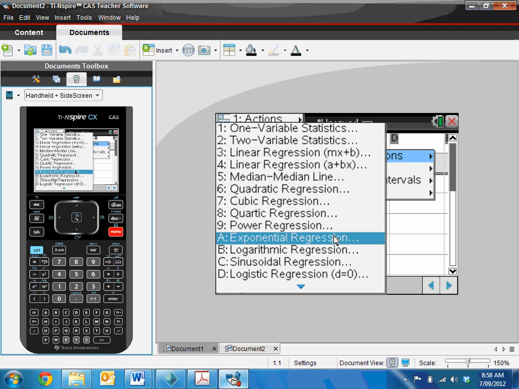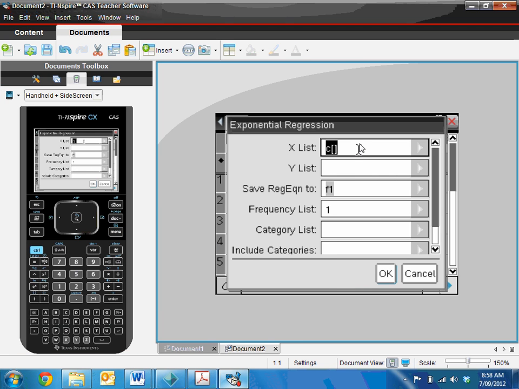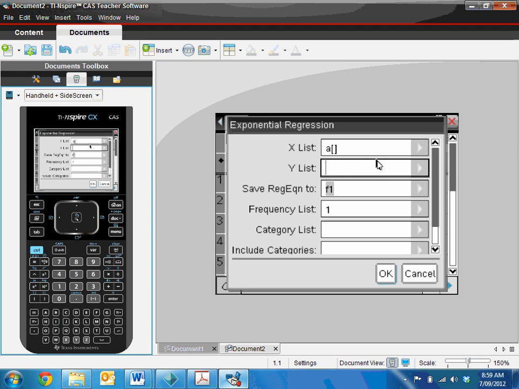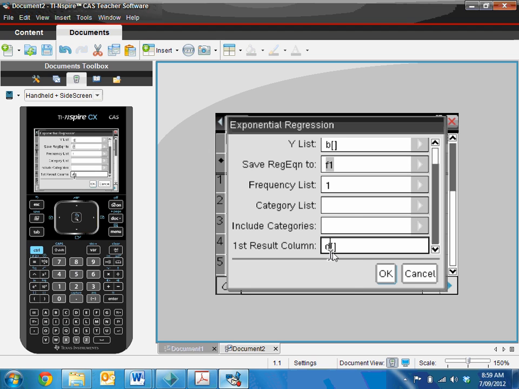So click exponential regression. The X list. Where was the X list? The X list was in column A. So you'll need to delete that and type A in square brackets, which means you're looking at list A. You can tab to the next box. Where was the Y list? It was in list B, wasn't it? We're going to save the regression equation to function 1 so that we could graph it if we wanted to. So F1 will refer to this equation. We leave the other ones blank. The first result column, I don't want it to be D, I want it to be C. And then I click